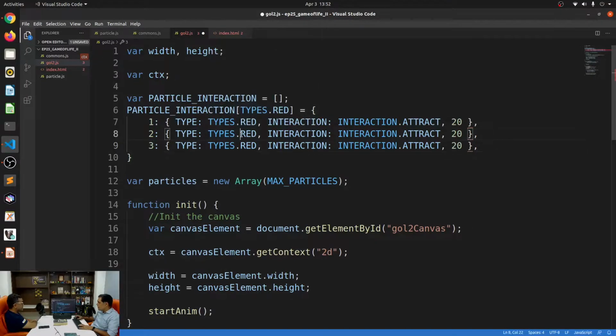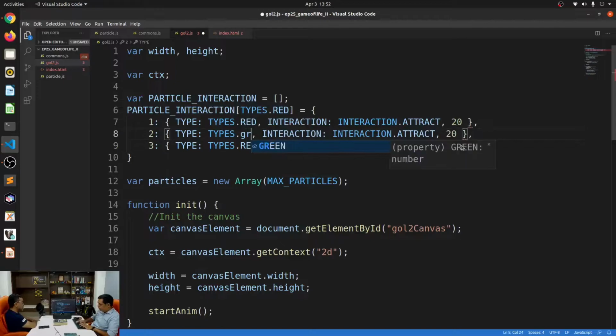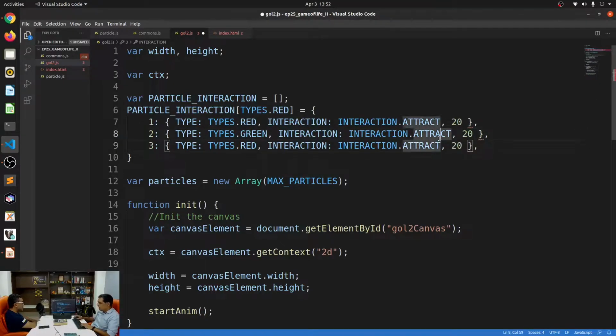So this interacts with, let's say, green by repel at a distance of 30. I'll define it like this, and I'll remove this part. Once again, it attracts blue at a distance of 20.